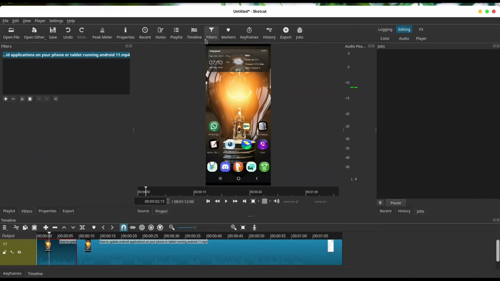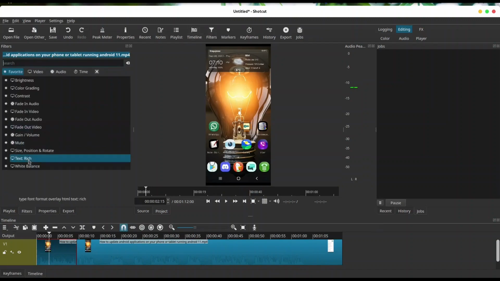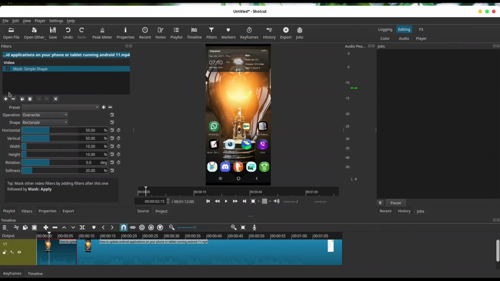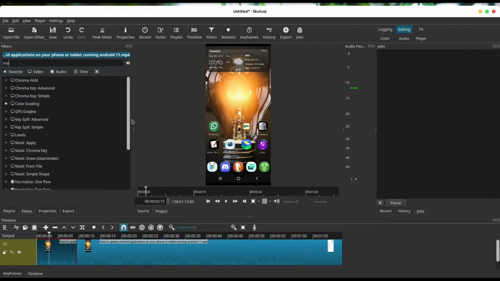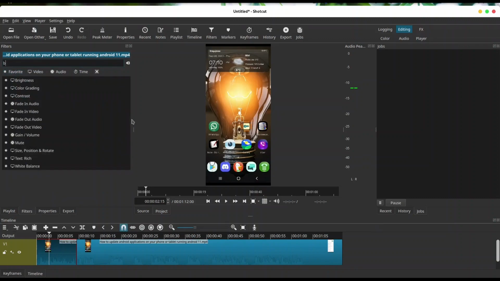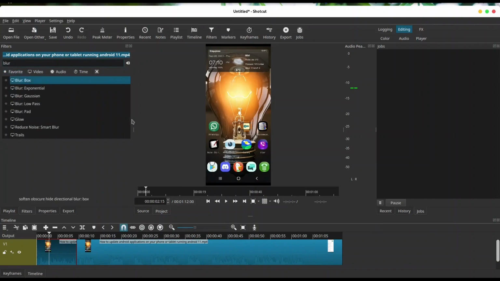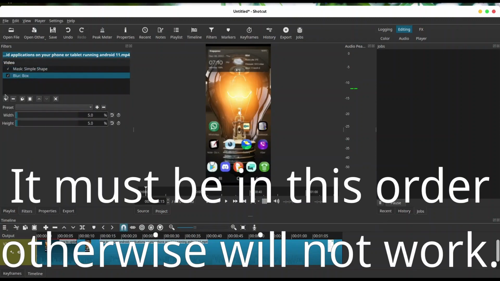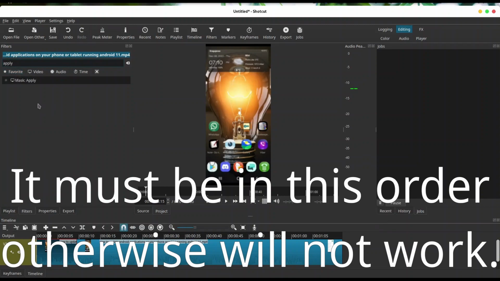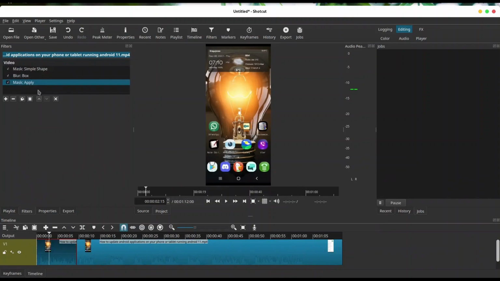Now on filter tab, press on plus, and first thing that you need is mask, simple shape, then mask, blur box, and finally apply. Now